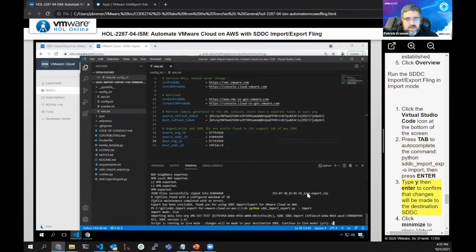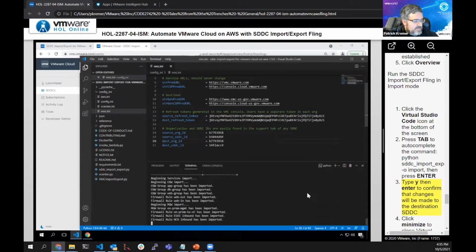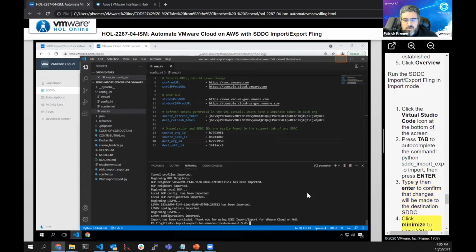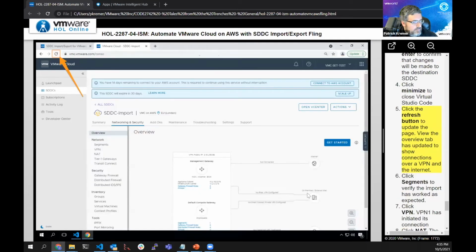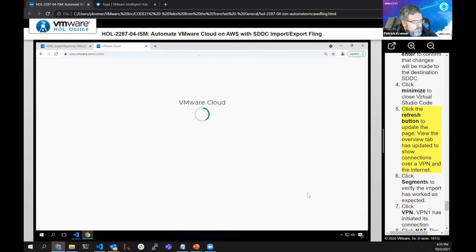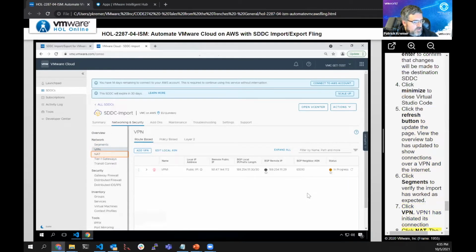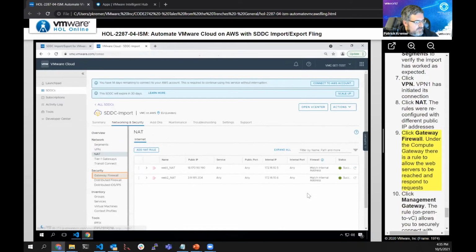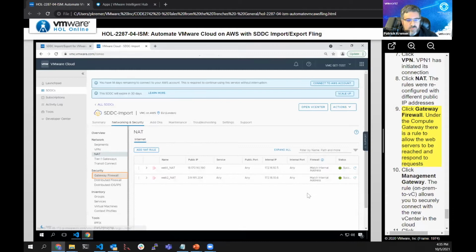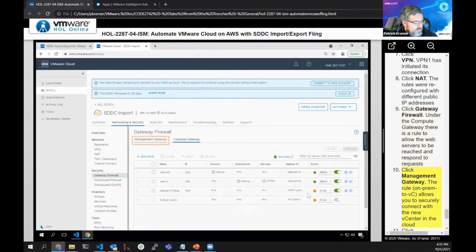It's going to warn you, hey, I'm running in live mode. Do you really want me to write objects to your SDDC? It'll loop through the JSON. And then if you do a little refresh, everything is there. So your segments match, your VPN matches, the NAT rules almost match. What doesn't match is you can't